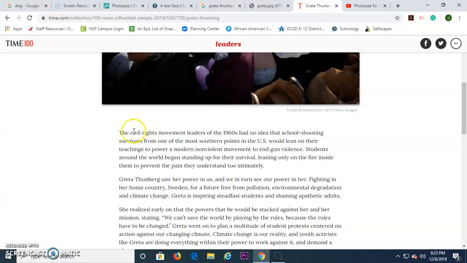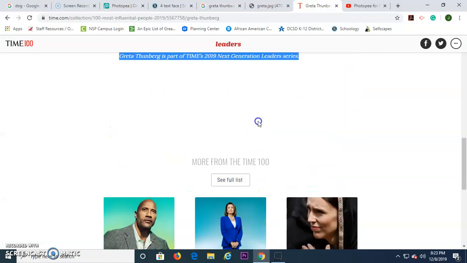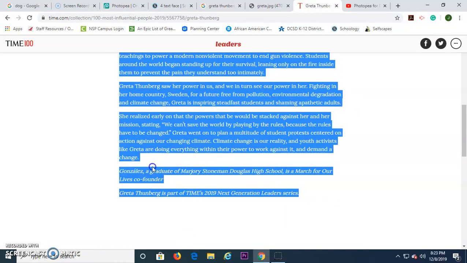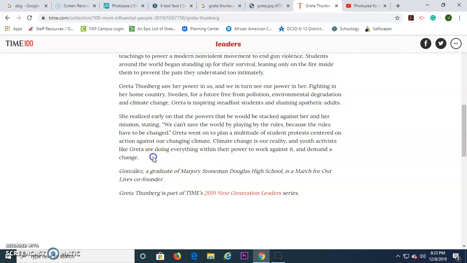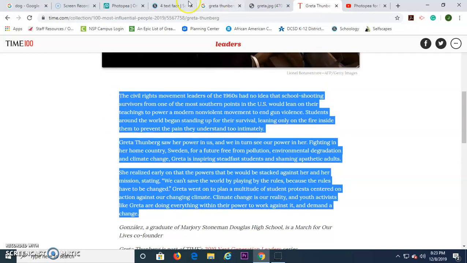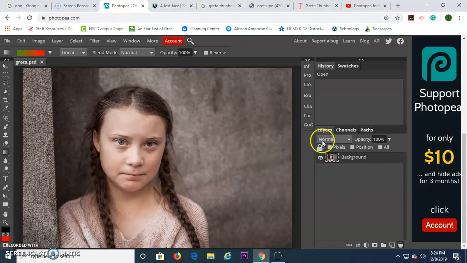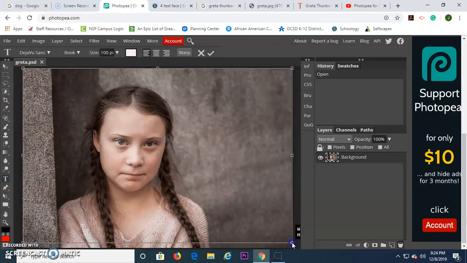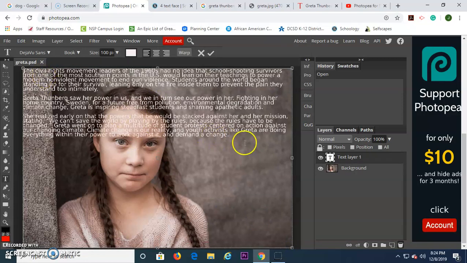I'm also going to go and copy the article here and paste that into Photopea as well. I'm going to click on the text tool. I'm going to click and drag so it covers the entire image, and I'm going to do Control V, and my size for this is 100 pixels,